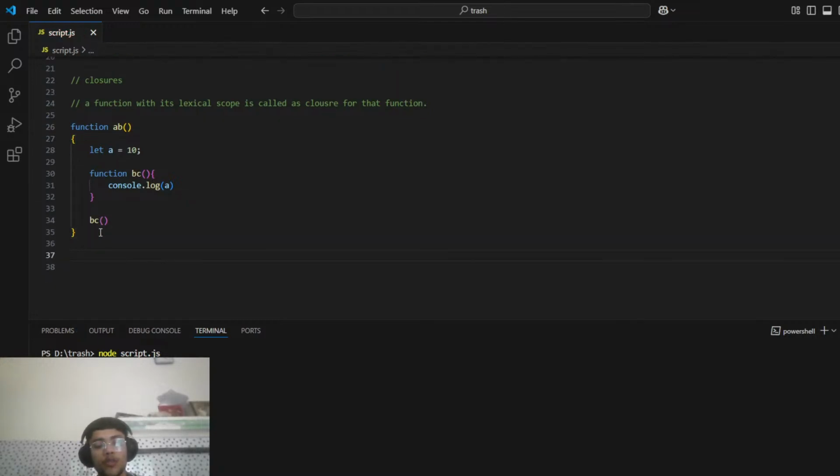What would be the output, my friend? The output would be, running node script.js, 10. No problem. And we return this function,